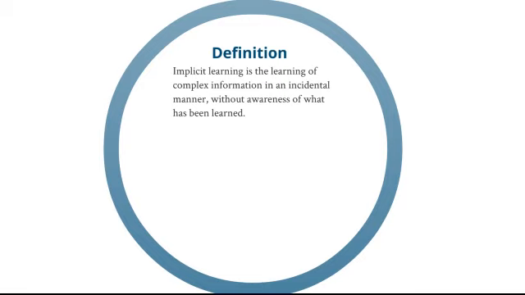Here's the definition of implicit learning: learning in an incidental manner without actual awareness of what is being learned. For implicit learning to happen, we would like to create an environment where a lot of repetition can happen using many different games. Being a Street Tennis Club member, you can get those resources you need to create that